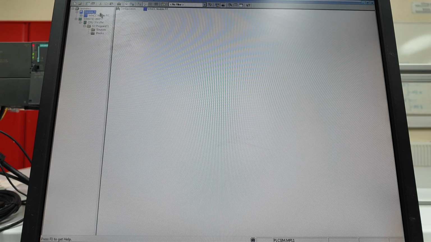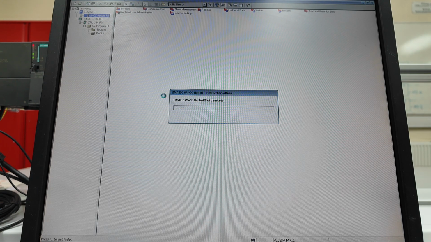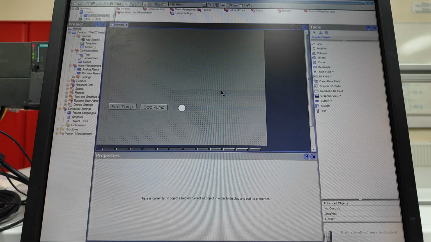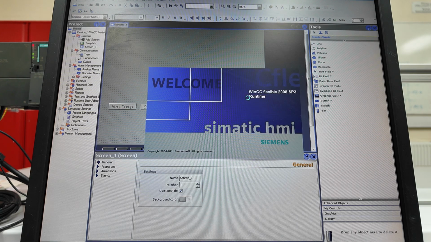And if we go then on our device 1, our WinCC, and go in open object, so our HMI screen opens again. If we start runtime system, the simulator is opening, and when we press the start button,